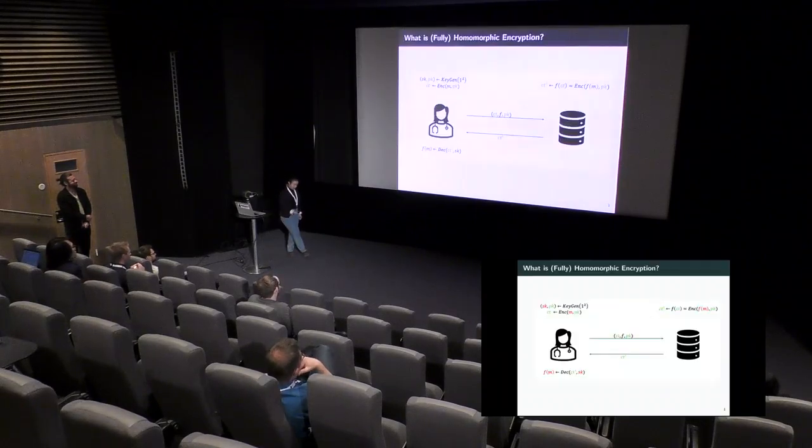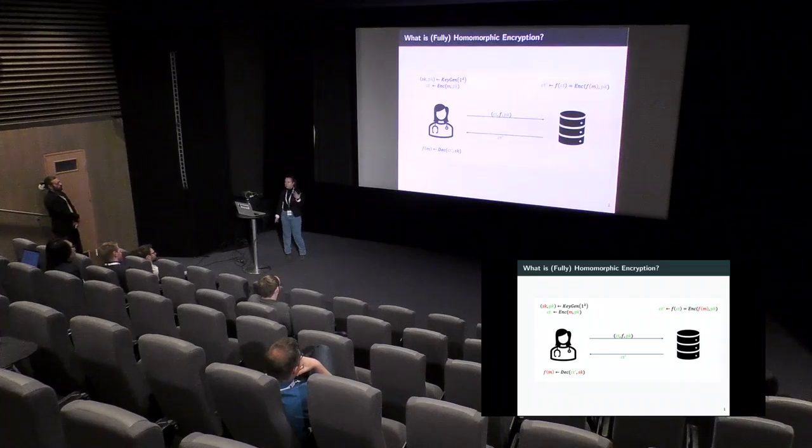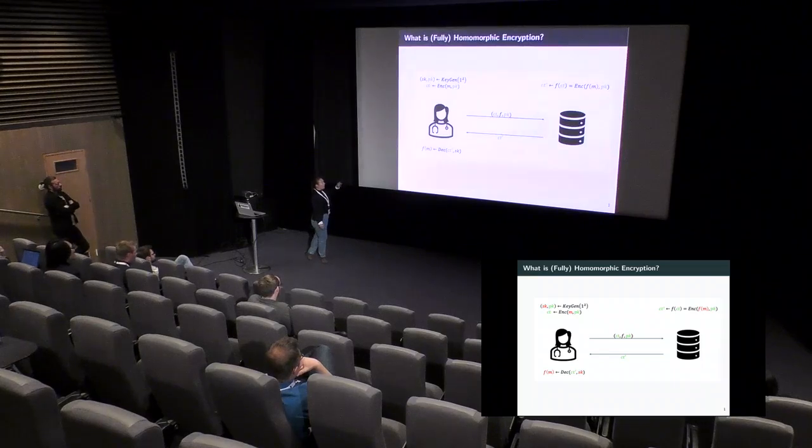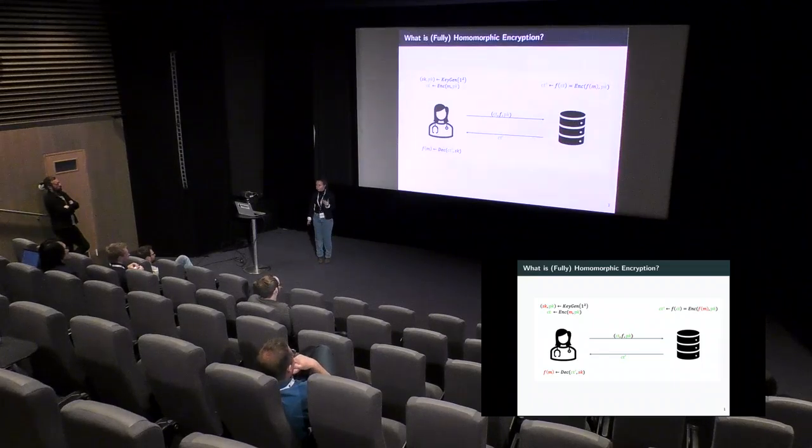So let me start by introducing FHE a little bit. We had a brief introduction before, and I'm sure most people have heard of it, but I'll spend a little bit of time on this. Homomorphic encryption is a type of encryption that allows you to compute on encrypted data, right? You can do a lot of things with it, but it's easier to illustrate with outsourced computation. You have a client who has some data, M, and she wants to evaluate some function F on the data M, but she can't do that herself, either for resource reasons,